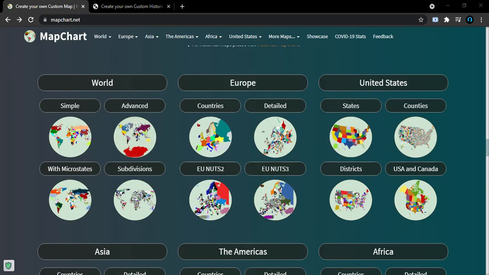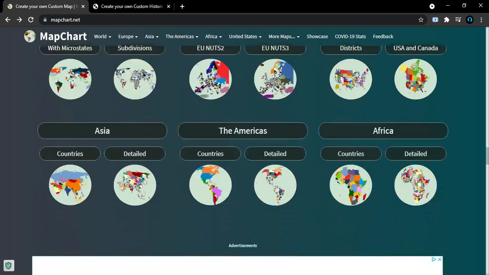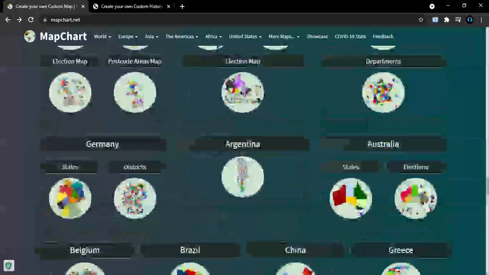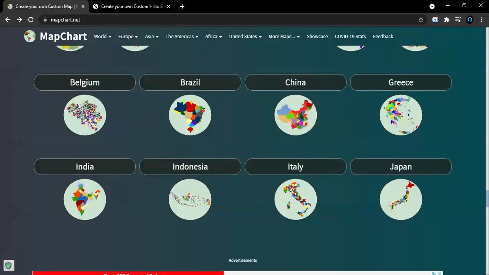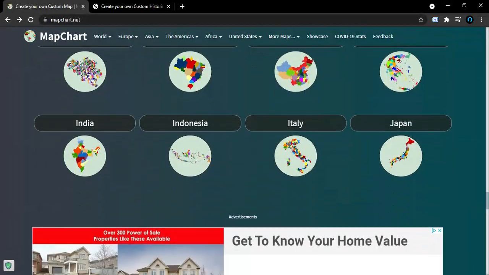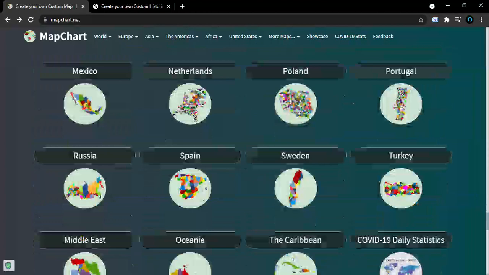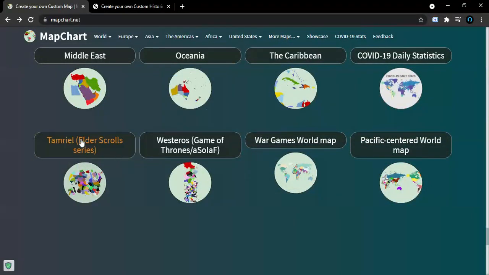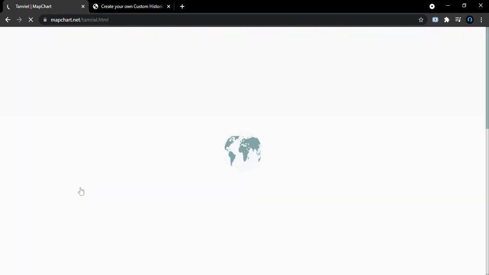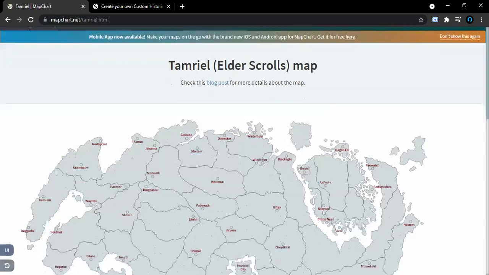Of course, we can also go country by country, continent by continent, as you can see here. Since there are just literally all types of options: China, Greece, Brazil, Belgium, India, Indonesia, Italy, Japan, many of them being divided. And then there are also some games, like the Samurai and Elder Scrolls series, which you may know is not a country, but when you click on it, it's kind of like, for example, if this